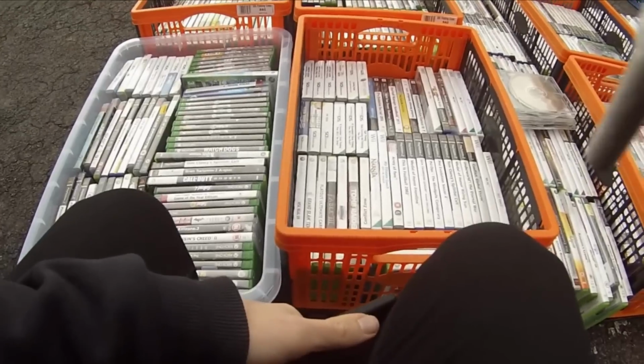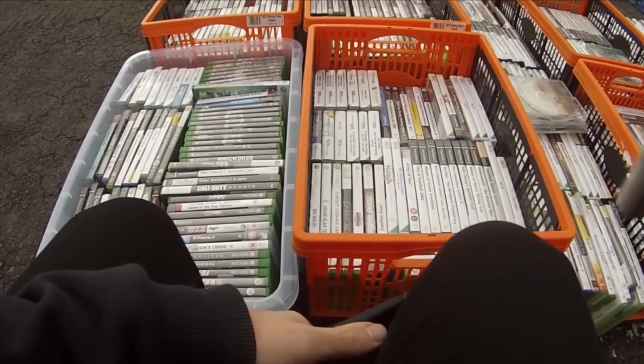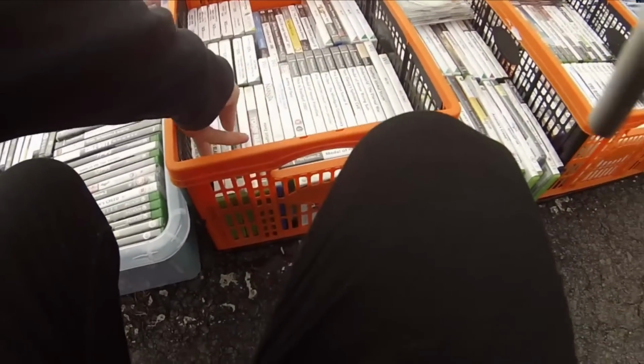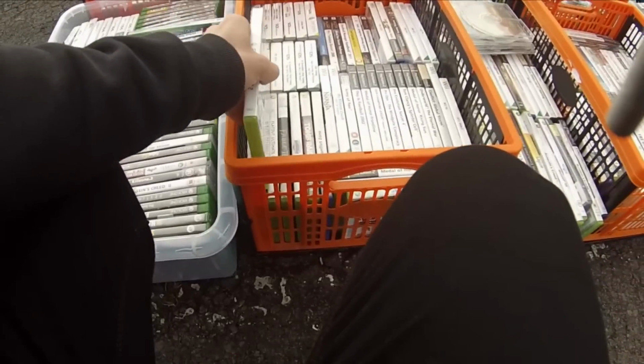But as I mentioned, we do have some games to trade in that I picked up a while ago. And I say a while ago, this was a long time ago. This was back at the very same boot sale where I picked up, was it 20 games for £10 or something of that nature. We'll go there and spend the credit in just a second, but something that you don't